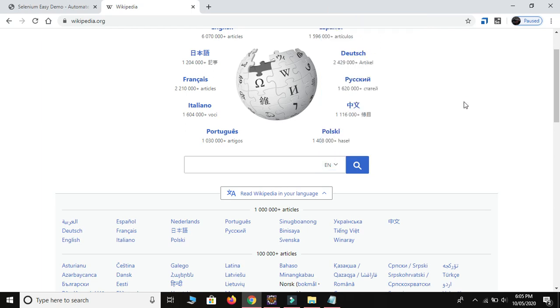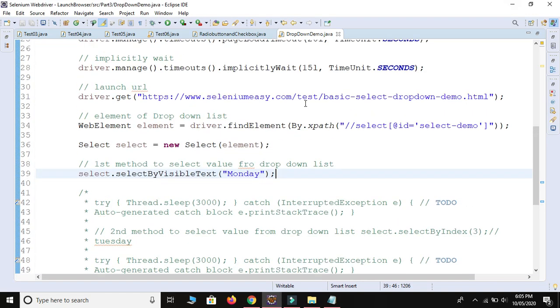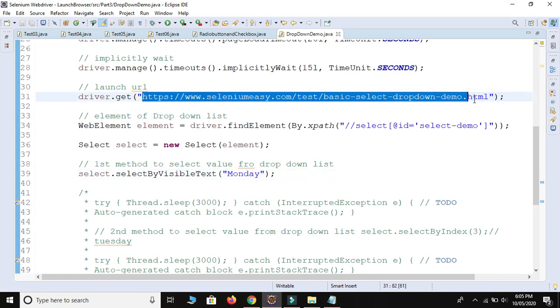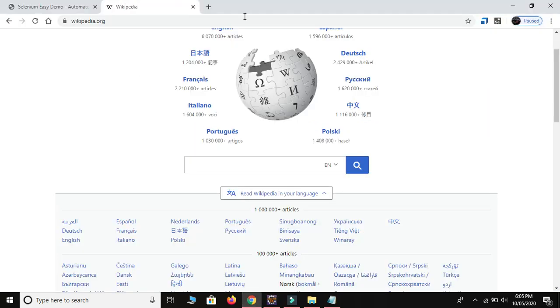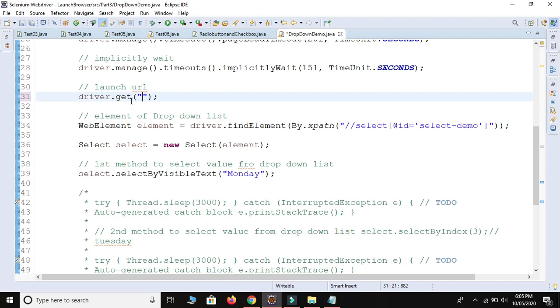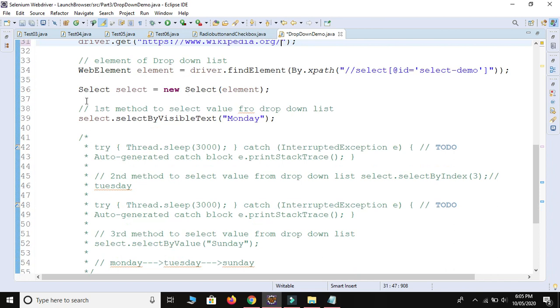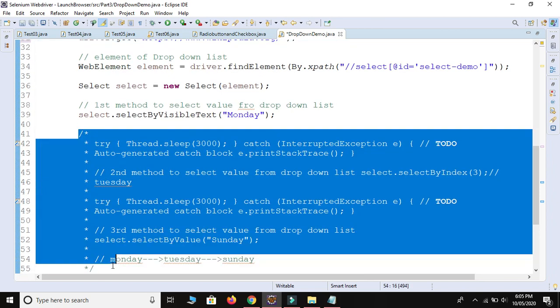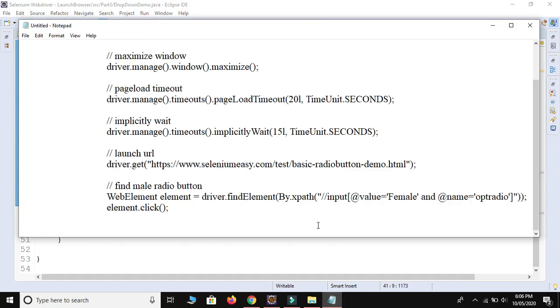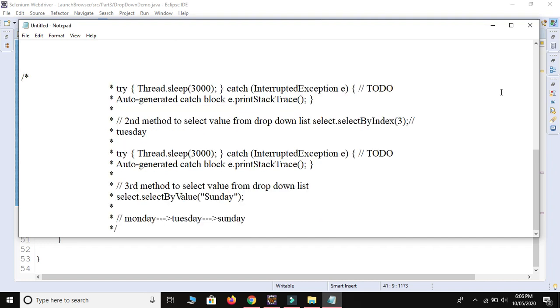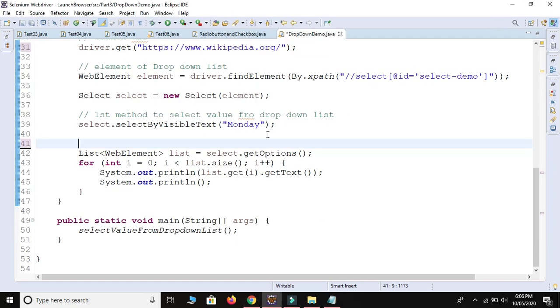So let's try to solve this one also. Let me change the URL. This is the interesting part. Control C to copy and let me paste here. Okay, and let me take all this, it will step in now. I will share this on my blog. So now how to select Hindi,